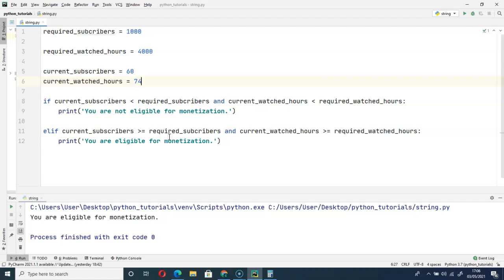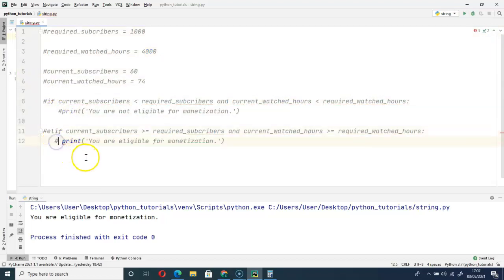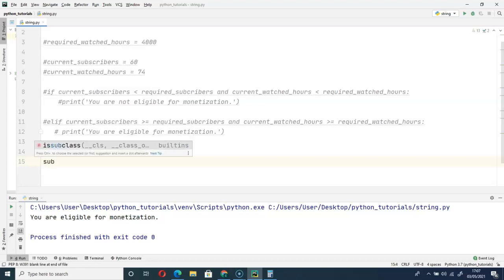So how can I express this in code? Let me comment this part out, and start with a question and give it a variable, subscriber source.